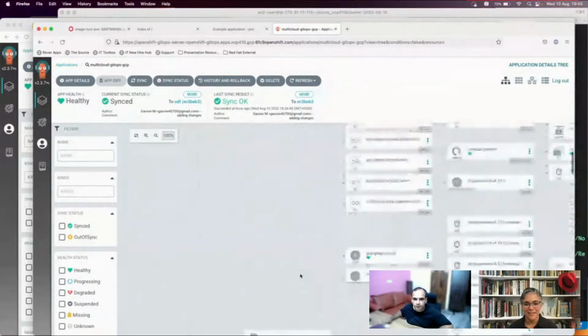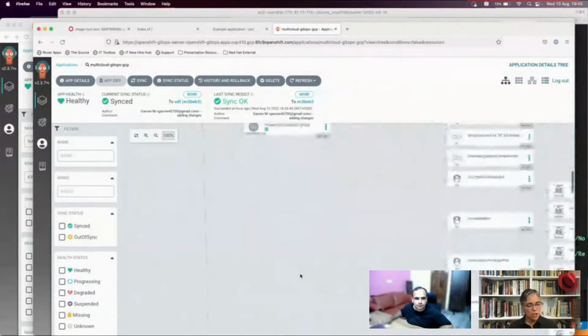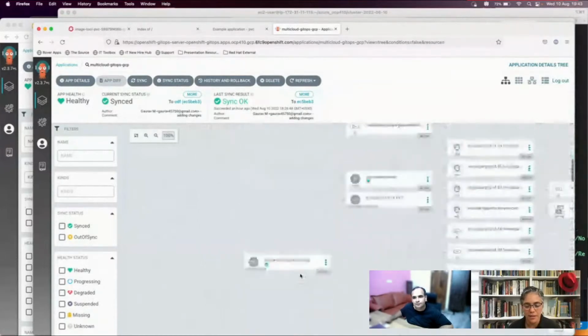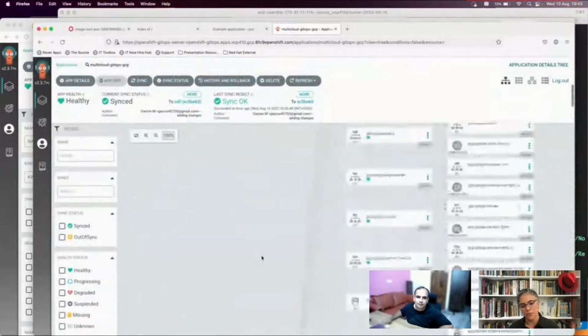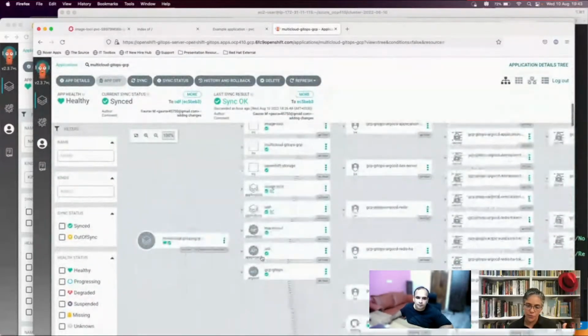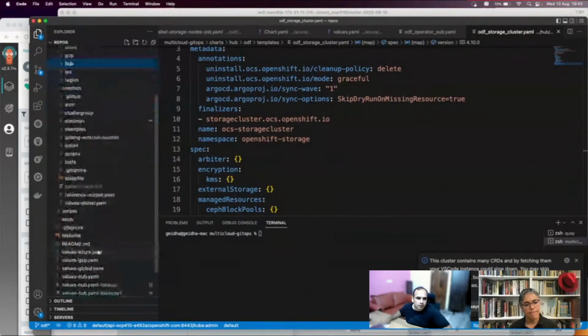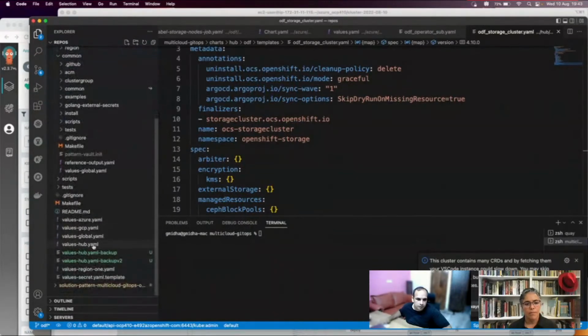Fantastic. Is there anything more you want to show? Any gotchas anyone would have to think about? I saw that in terms of your GitOps, I assume it's standard to have each cloud provider broken out into a different folder. That's not an ODF thing, right? That's just a normal infrastructure thing. No, it's normal infrastructure, but the thing is, if we want to manage and configure different cluster groups, then we'll have to use